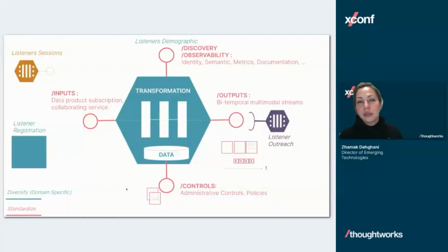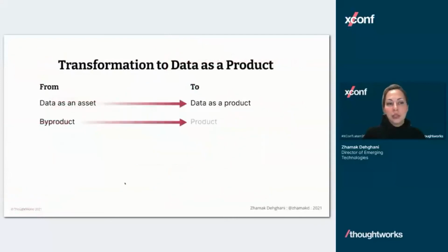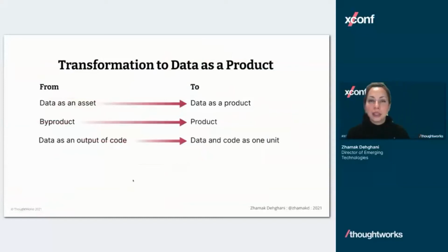So it's not just a bunch of files on disk anymore. And that really gives us this transformation from, oh, data is an asset, files we've locked up on disk somewhere, to data as a product that is lively. It's not a byproduct of running the business, but it's a product in itself. It's not an output of some source code we dump. It actually contains the code that maintains it.